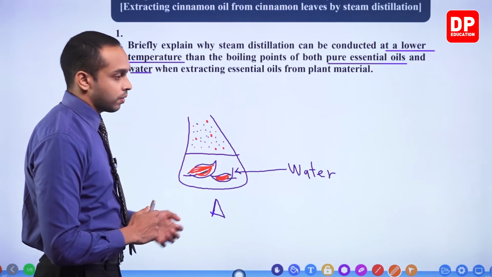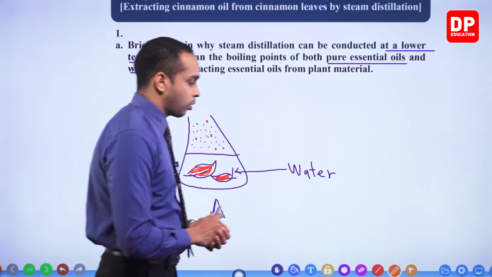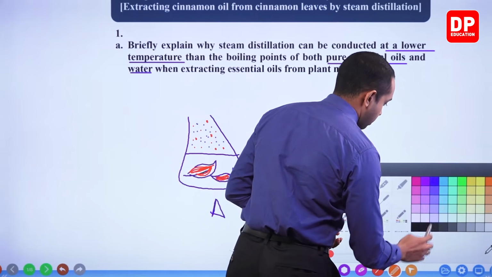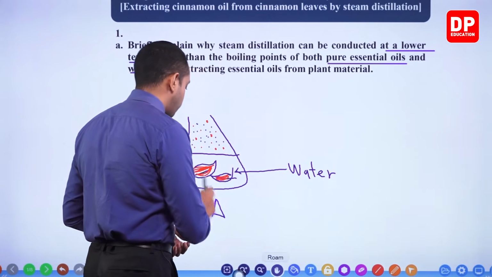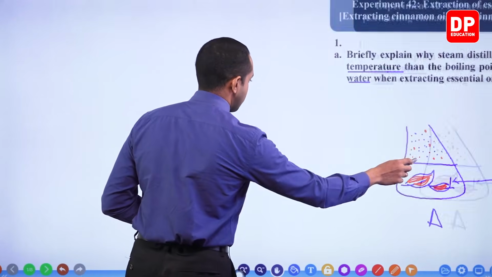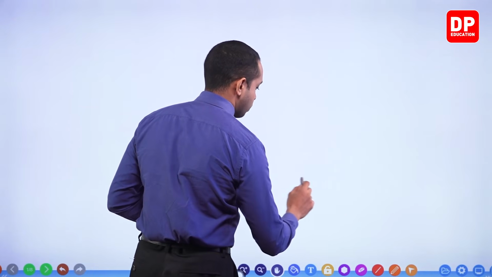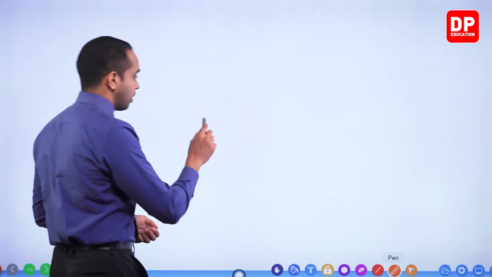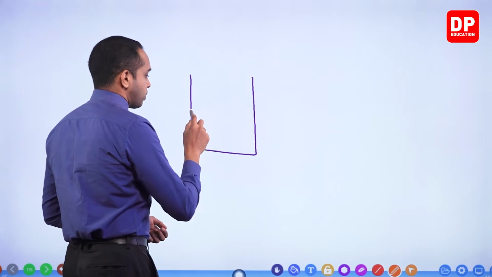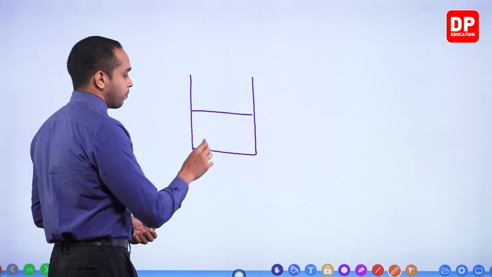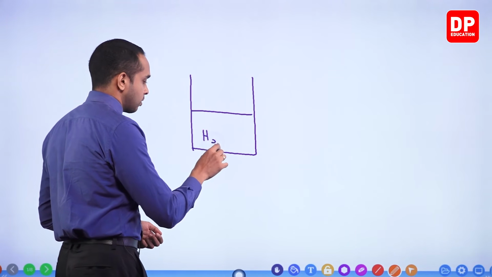And water vapor coming from the solvent water here. So now students, usually when a liquid boils, now we'll quickly turn to boiling a liquid. If you are talking about boiling a liquid, if you just take only water, and when you're trying to boil this liquid, if you just have water here, liquid water,